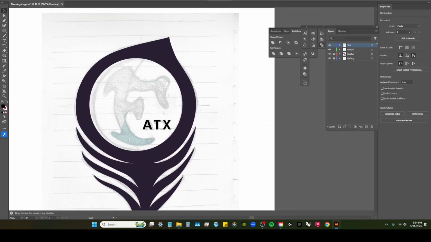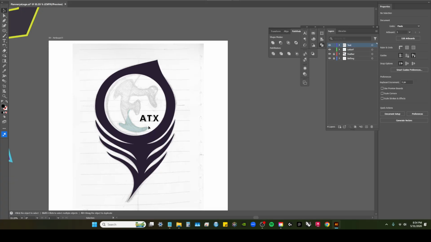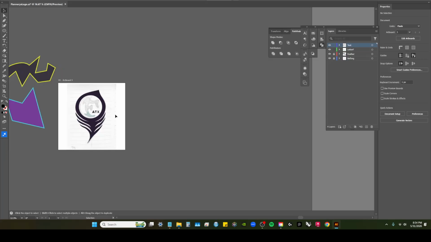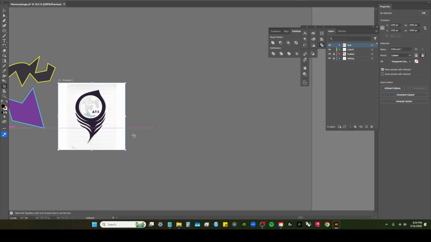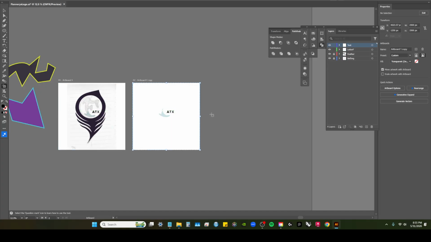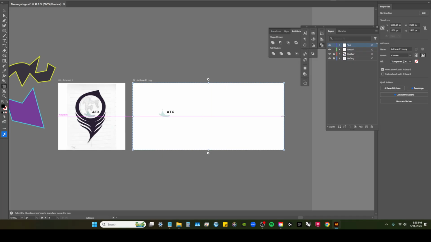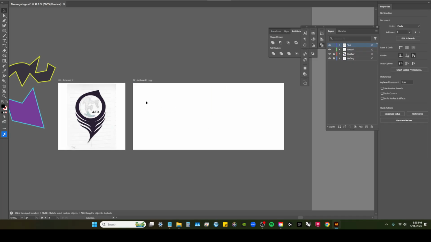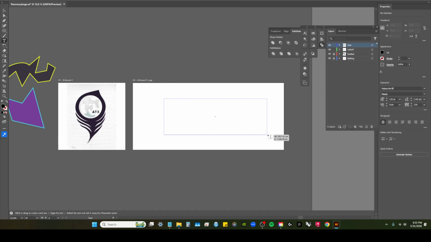Feather needs some work, F needs to be finished, but once I get this all done and tidied up, I can come in and add some grunge to it, whatever befits the brand, and then I will pair it next to a much larger logotype. Let's see, if I do Shift O, I can make another artboard here. I will hold Alt, and then Shift drag over, and I will copy all this over to make another artboard that's about this big. And then I will come in here and do like the larger